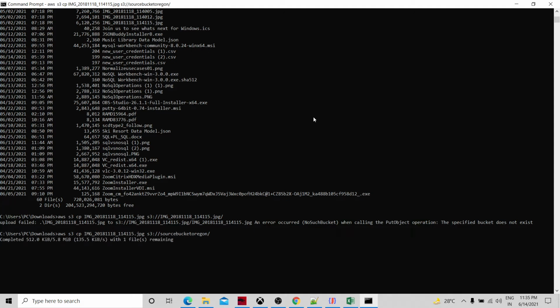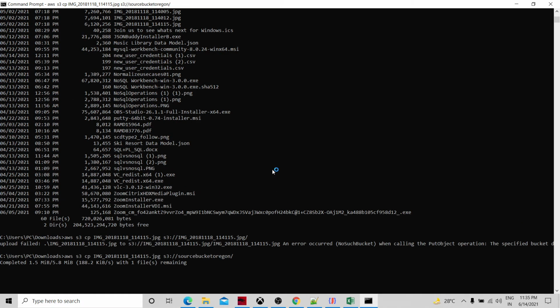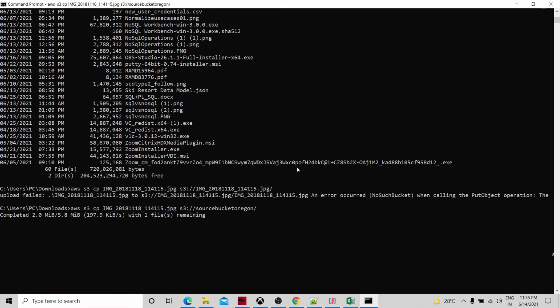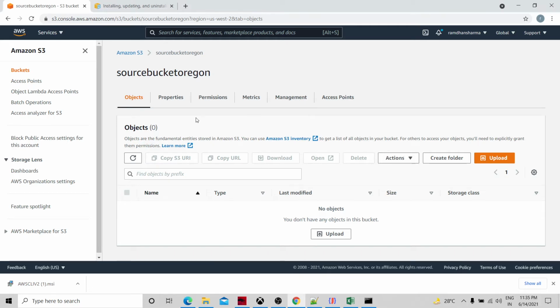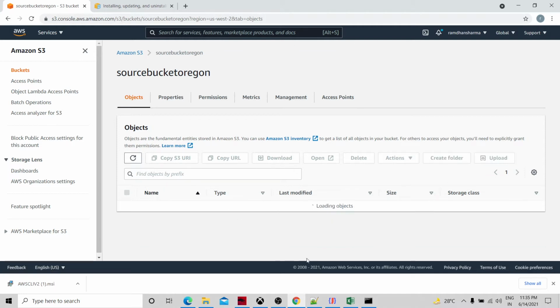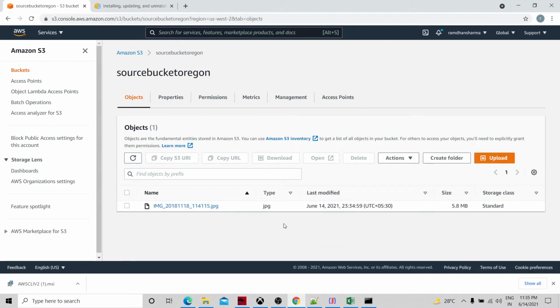Now this is completing, it is uploading, right? If I can enlarge it for you, it says completed 2.5 MB out of 5.8 MB. Okay, so it's getting completed, and let's see if it saved any file over here. This is the source bucket. Okay, see, it has come.